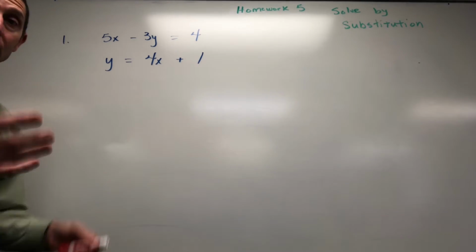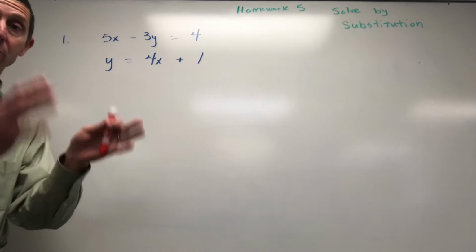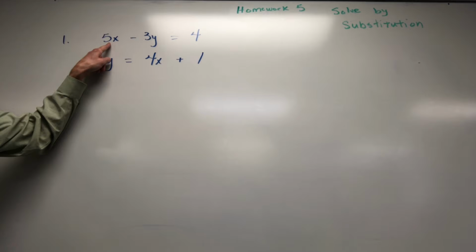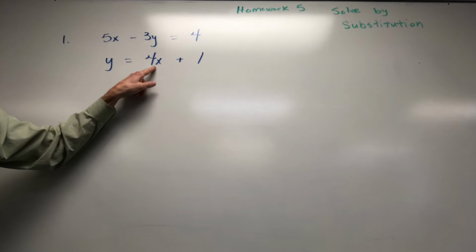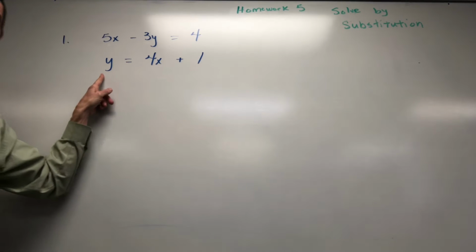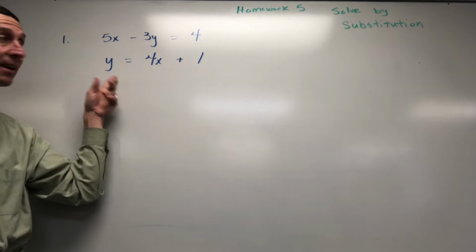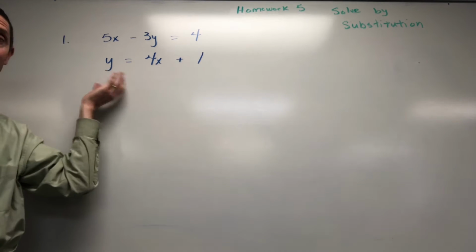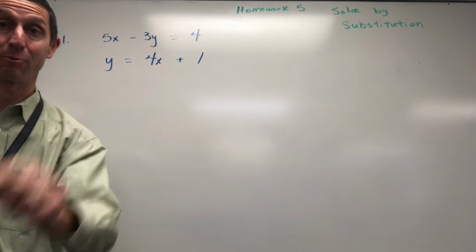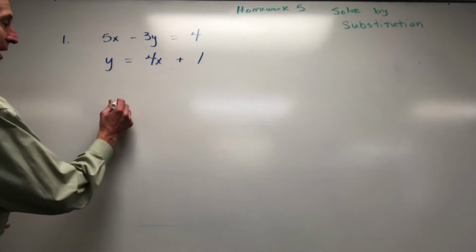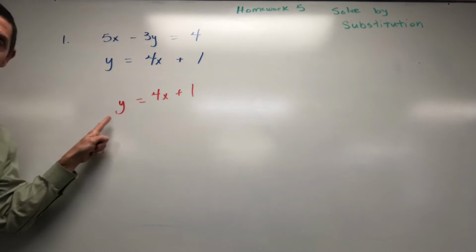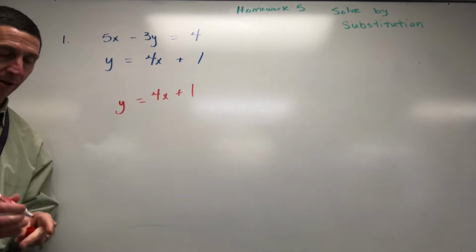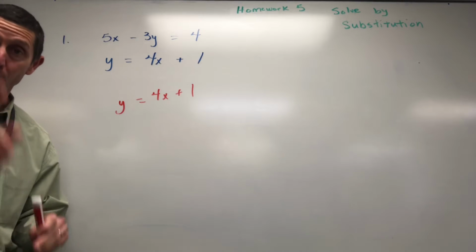What I try to do is find the easy letter to work with. Like this has a 5 in front of it. This letter has a -3 with it. This is a 4 with the x. But here, this is the gold. This is a y. Already solved for all by itself. Yeah, that's the one I want. So as soon as I have a nice, neat letter solved for, I'm going to substitute from one equation into